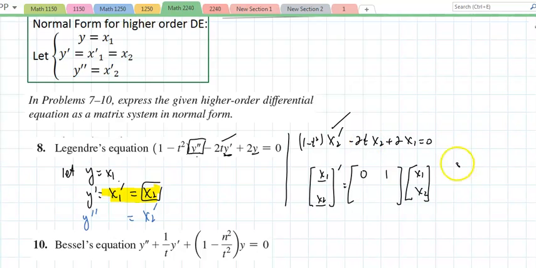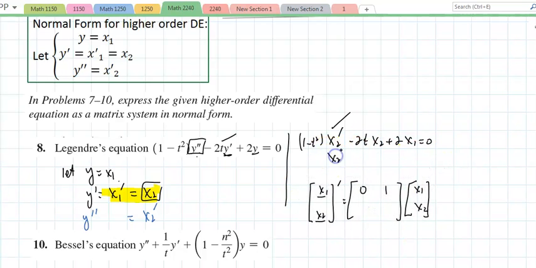Wouldn't you say x2 prime equals negative 2x1 plus 2tx2, divided by 1 minus t squared? So for x1, that will be negative 2 over 1 minus t squared. And for x2, that will be,